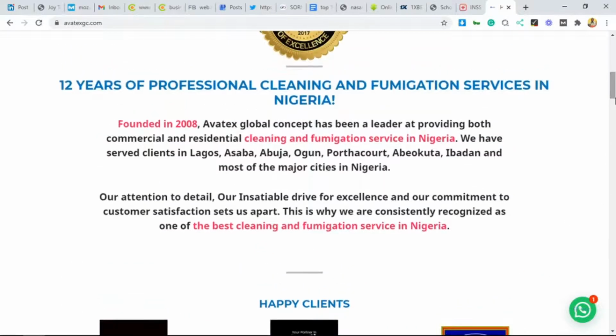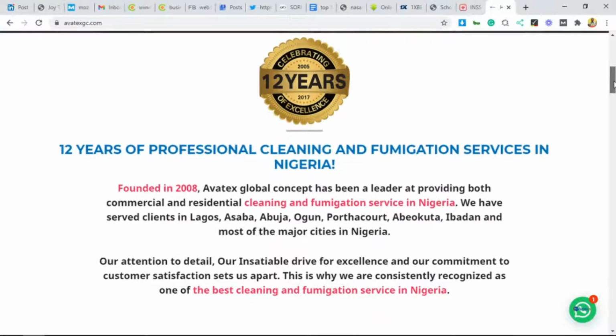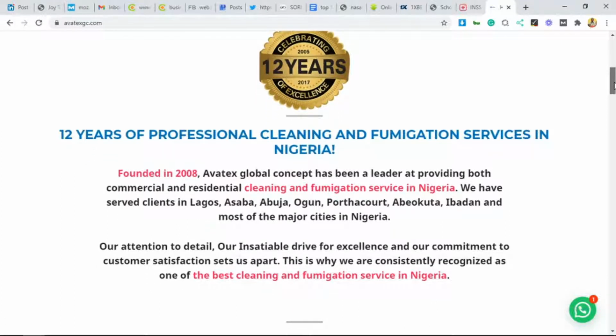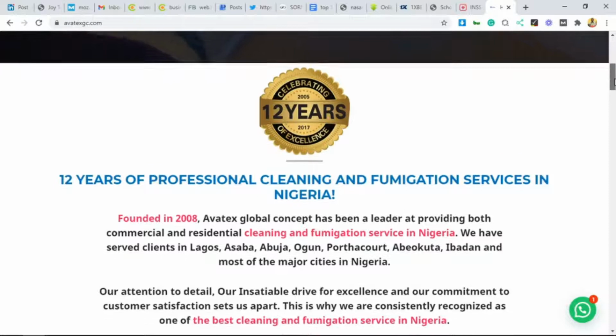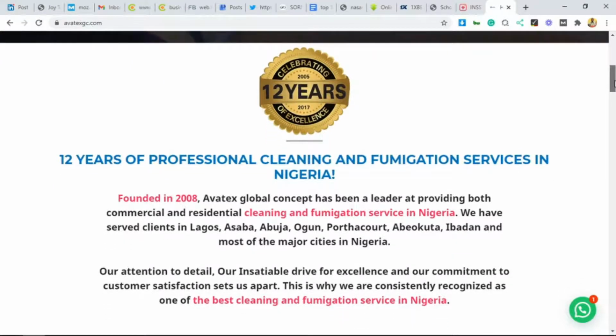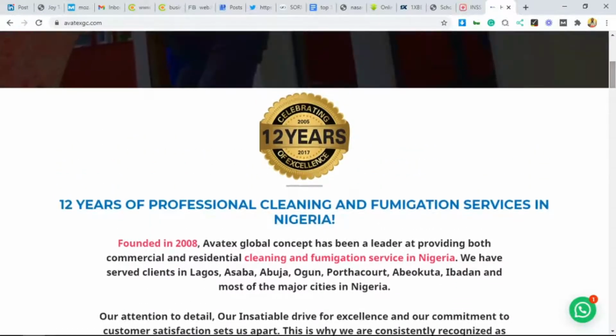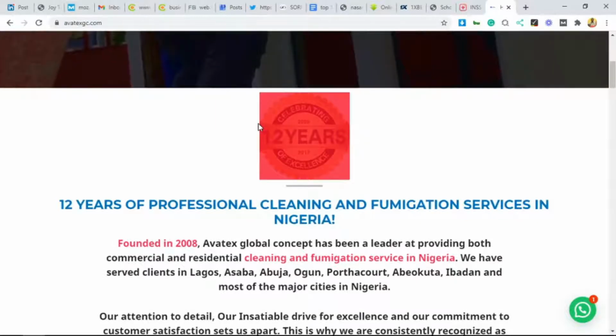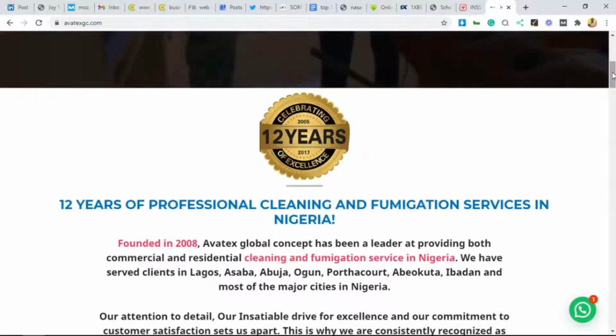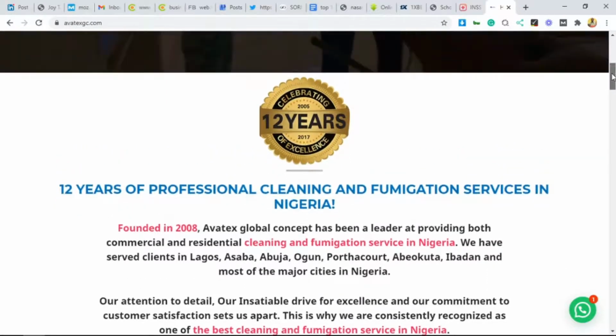I would definitely want the developers to recreate this to make it more beautiful and put it in some less obvious places, because the text doesn't look good here. And again, this badge too has to be taken down to somewhere that doesn't look like it shouldn't be